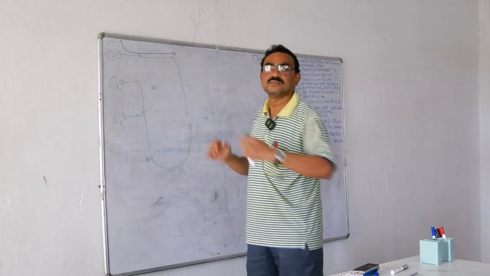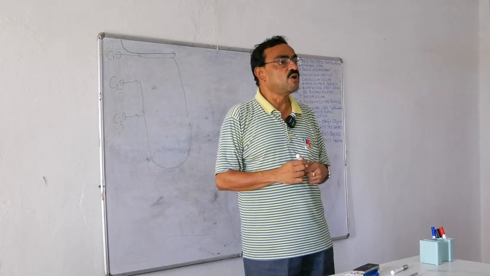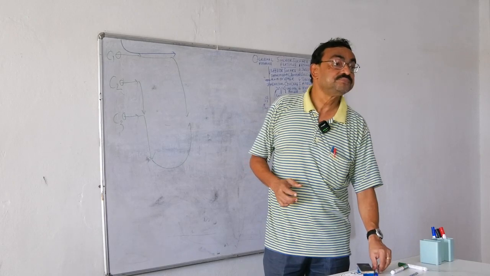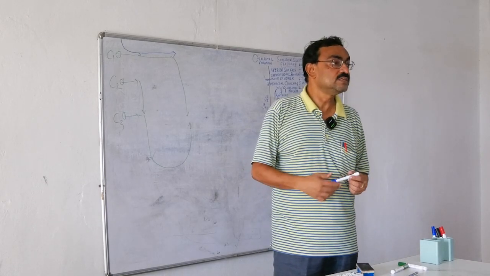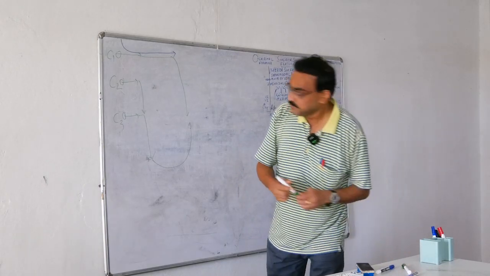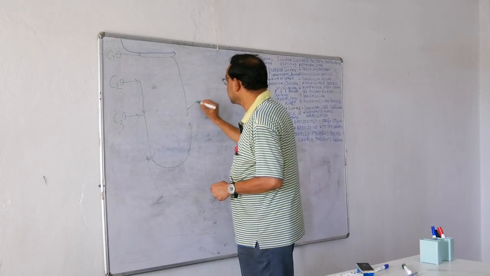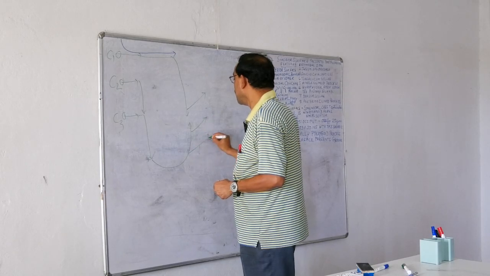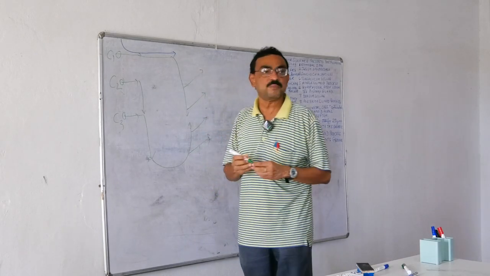They form this, they actually form this loop. This is the ansa cervicalis, from where we will get the supply to all these infrahyoid group of muscles